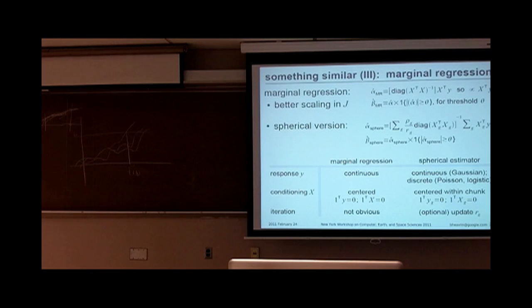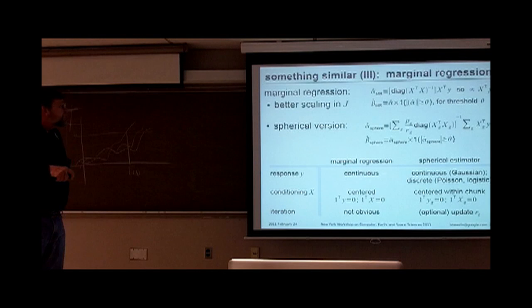Third thing to do is the people at Google say, well, that's very interesting, but I kind of have a billion features, and just between you and me, they don't want to invert a billion by billion matrix, which is kind of what this would involve. And so there's something called marginal regression, which is you basically run each single feature against the response separately, and that sets up for a certain kind of map-reduce style parallel computing, and then you just pick the big ones. The spherical version of that